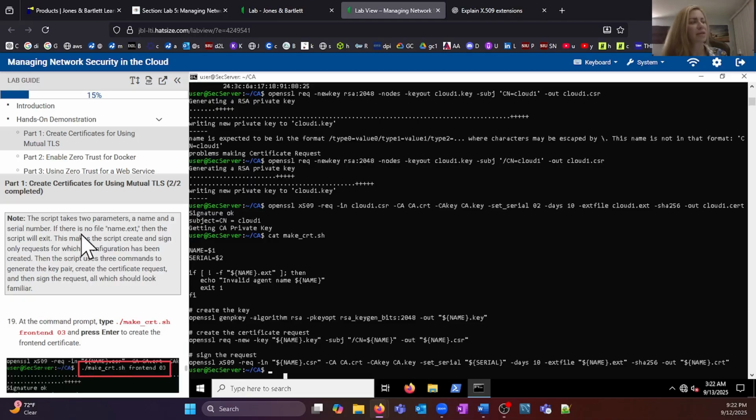The script takes two parameters, a name and a serial number. If there is no file name extension, then the script will exit. This makes the script create and sign only requests for which a configuration has been created. Then the script uses three commands to generate the key, create the certificate request, and then sign the request, all of which should look familiar. At the command prompt,